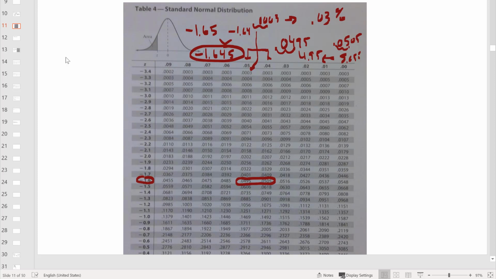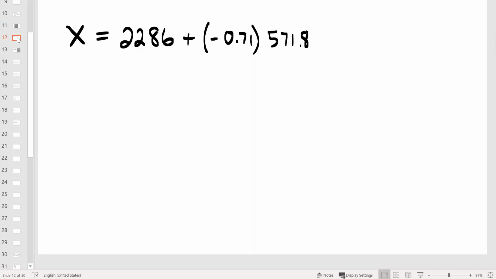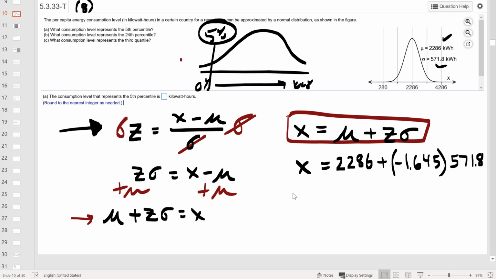Okay, so let's back up. I'm going to use that number in this right here. So the mu comes from our given. We just found the z-score that matches up to 5% on the left side of the normal distribution, and standard deviation goes right into there. Plug in those values. We should get a value of, I don't know, I actually forgot to plug it in here. Let me do that right now. So x is equal to,